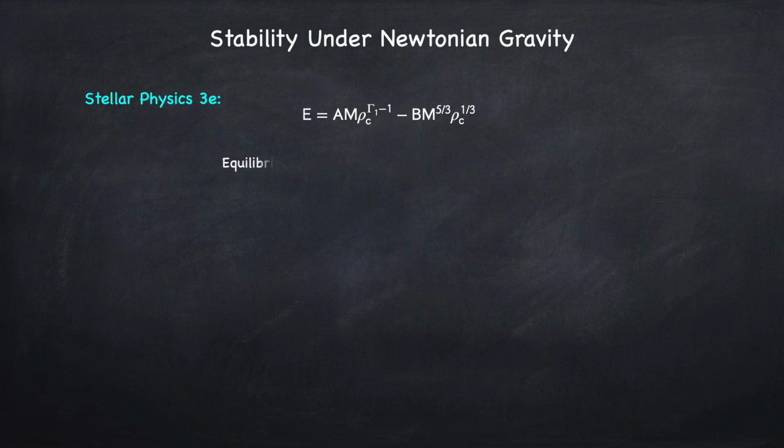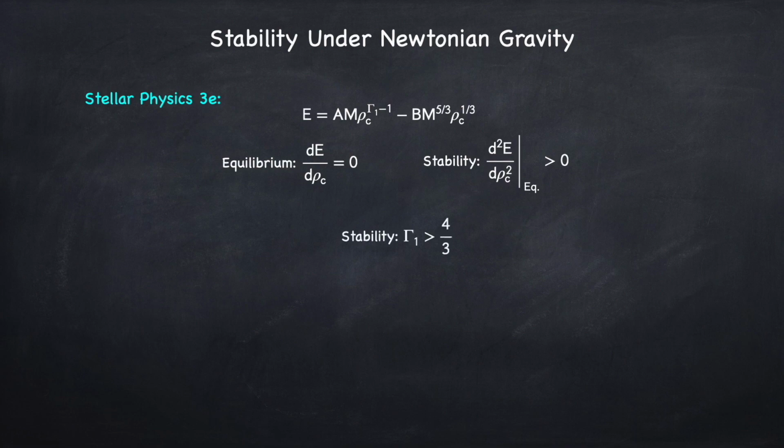In Stellar Physics 3e, we also showed that the equilibrium energy is found by minimizing the total energy with respect to the density, and the star will be stable if the second derivative with respect to the central density evaluated at equilibrium is greater than 0. Combining these equations gave us that the condition for stability is that gamma 1, the adiabatic index, is greater than 4/3. Actually, that wasn't exactly true because gamma 1 may not be constant throughout the star. So the actual condition is that this quantity gamma 1 tilde has to be greater than 4/3,